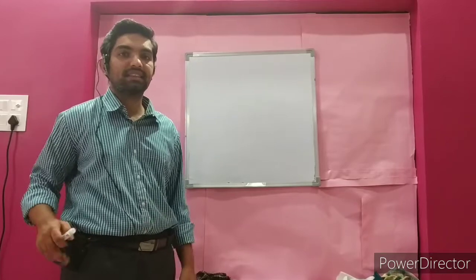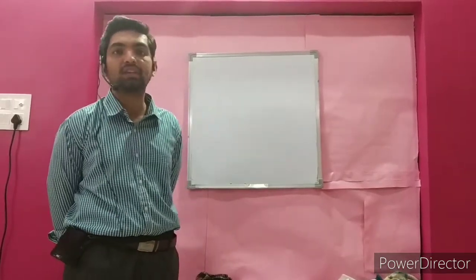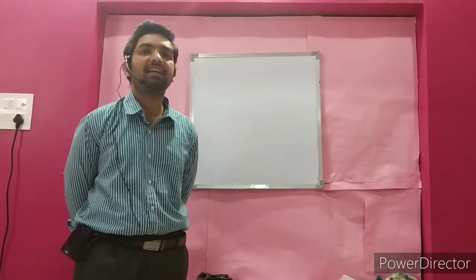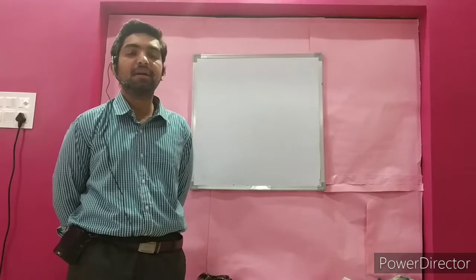This is lecture number 6. In this lecture we are going to solve numerical problems on properties of soils. Different properties we have learned: Se = wG, and what is the void ratio e? e = Vv by Vs.